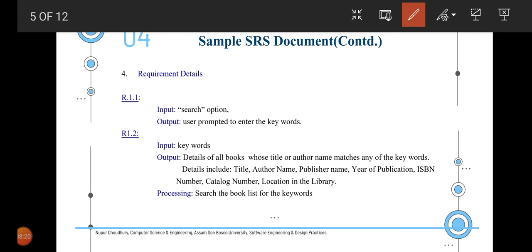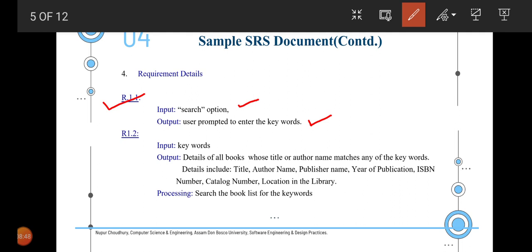So here in the requirement R1, we have marked the first module as R.1.1, where input is the search option and output is the user prompted to enter the keywords. So this is a separate requirement, where in order to get a service from the system, the user has to click onto the search option.